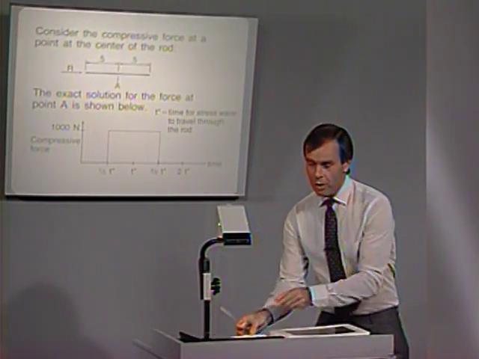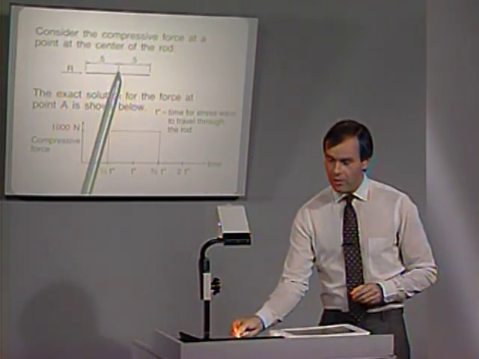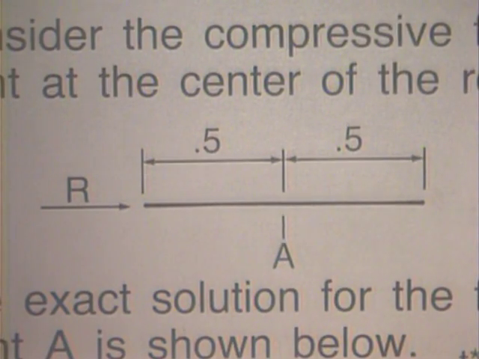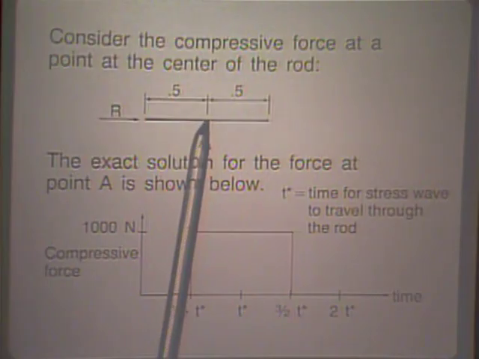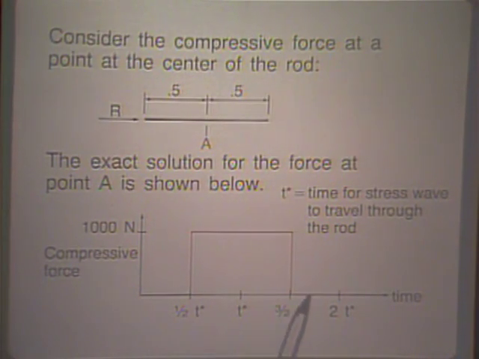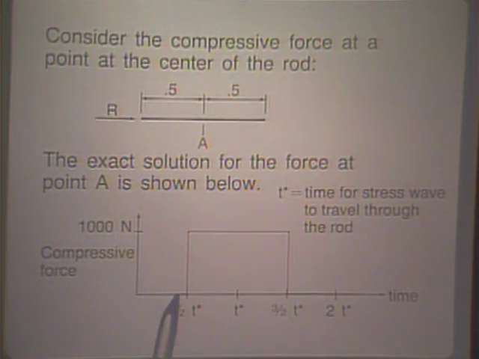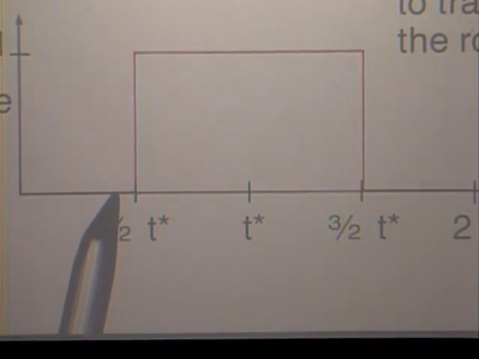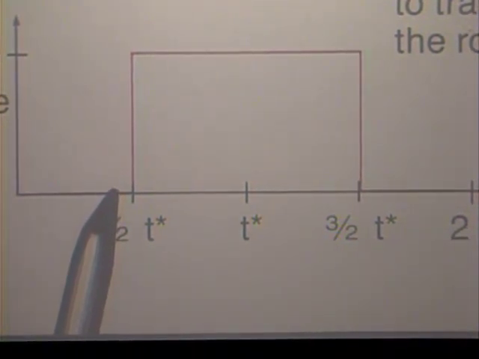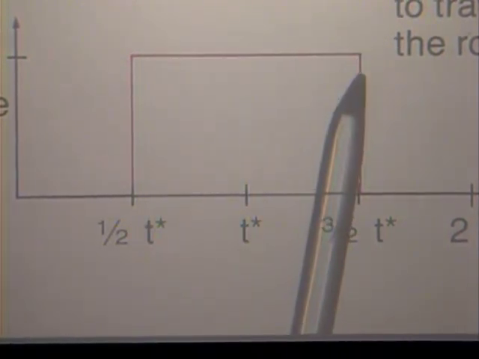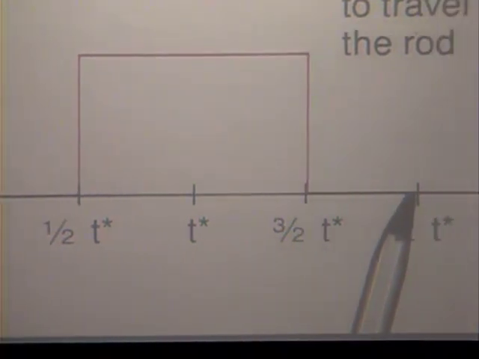We want to consider the compressive force at a point at the center of the rod, right there. And the exact solution for this force at that point is plotted here. We have once again applied 1000 Newton, and here we have the time scale. Notice up to 1/2 t star, there is no force at point A because the applied force effect has to propagate through the rod. Then we have the full force up to 3/2 t star, and then no force again,